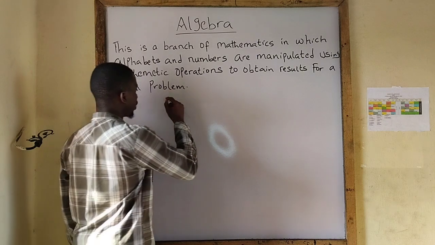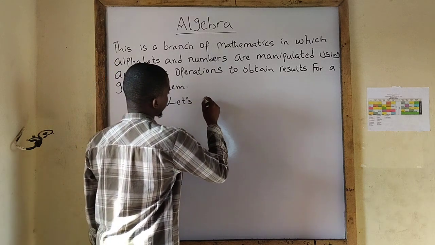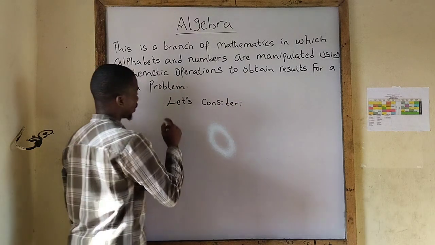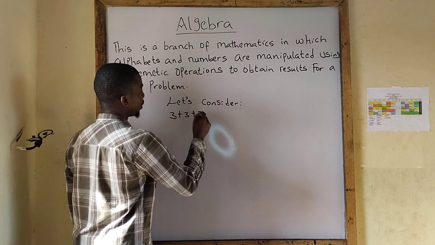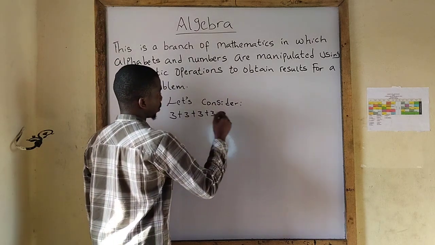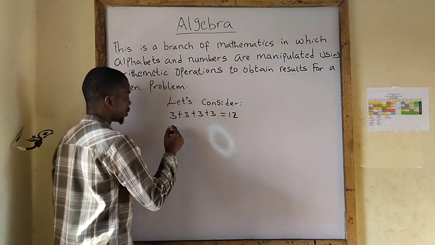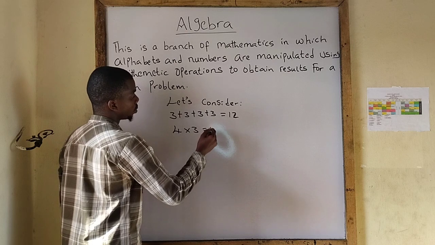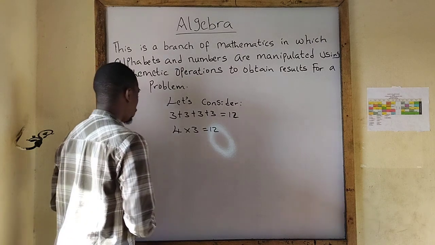Alright, let's consider 3 plus 3 plus 3 plus 3. This is equal to 12. And then by multiplication, we say that 4 times 3 is equal to 12. This is by repeated addition, and this is by multiplication. So the same thing,